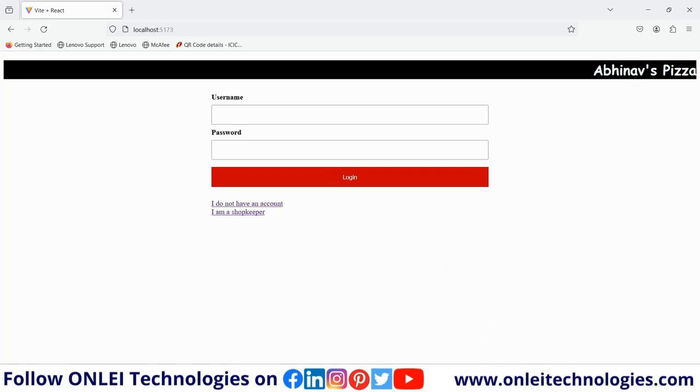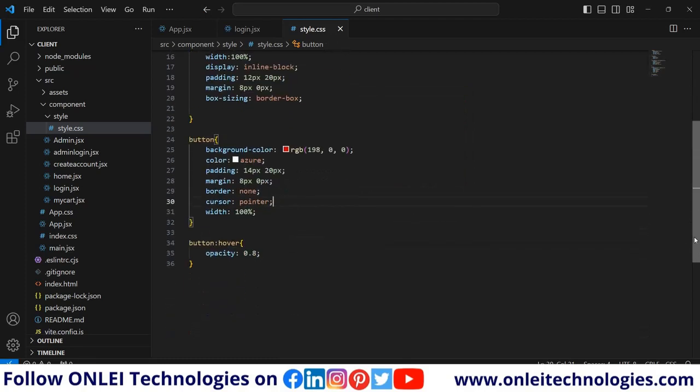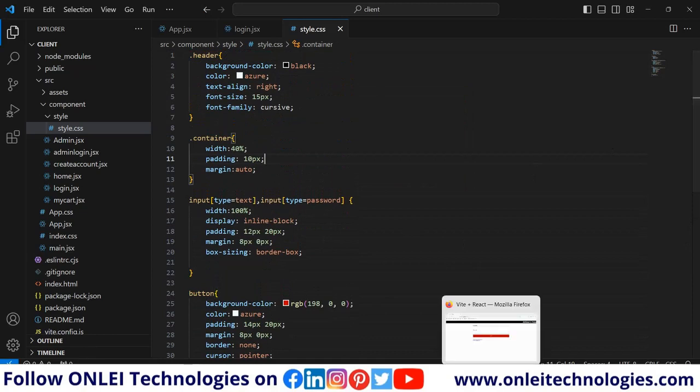That is also possible. If you want to make it more believable, you can change the color from light color to dark color. Those kinds of things you can add here as well. So these are things you can do. That is how you can style your